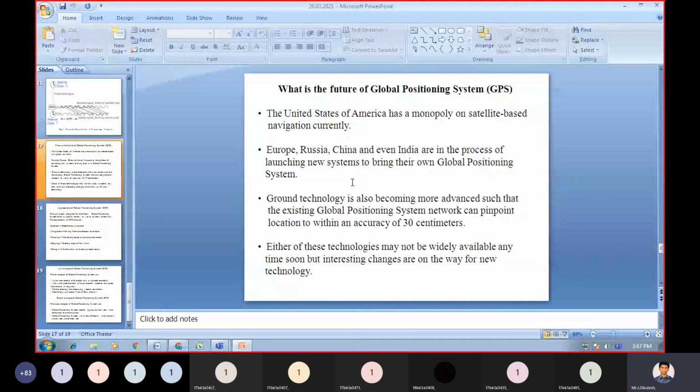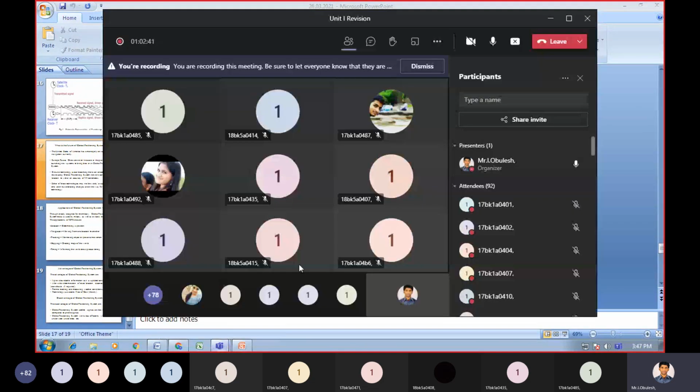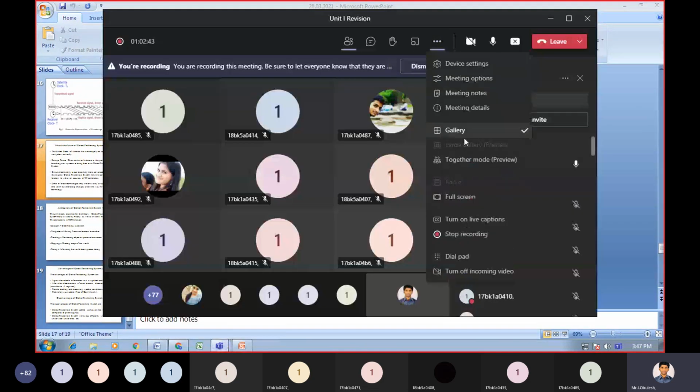This is the future scope of the global positioning system. Okay. So now we are going to discuss